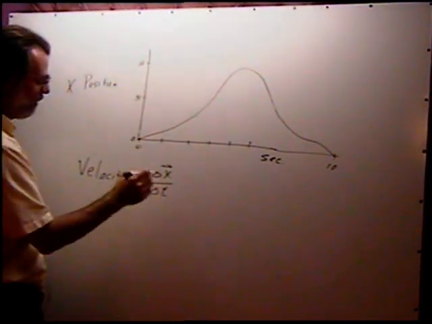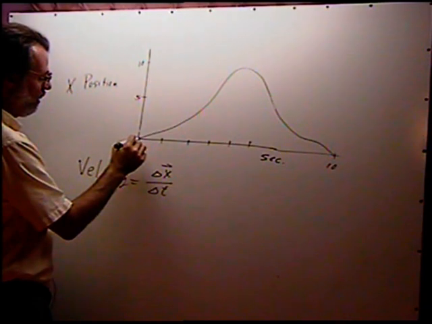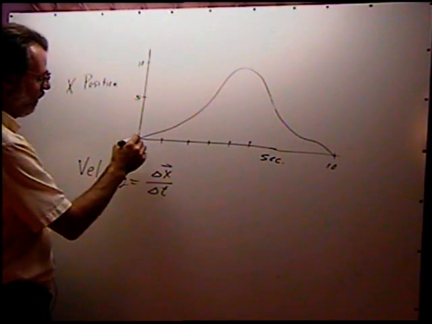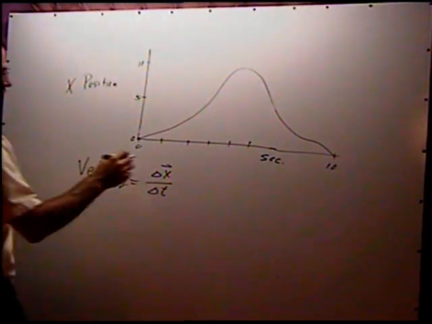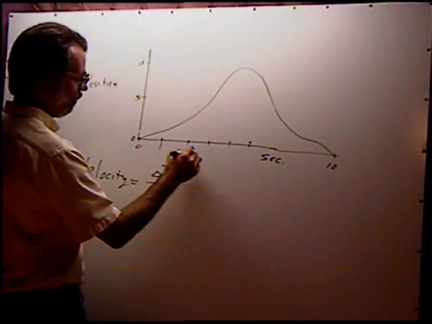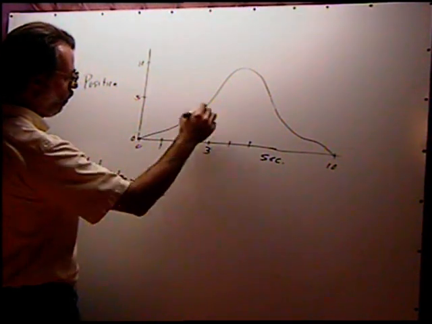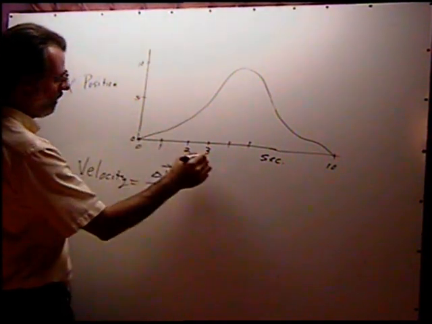If I have my starting point right here at t equals 0, and I say the change in time 1, 2, 3, from t equals 0 to t equals 3,